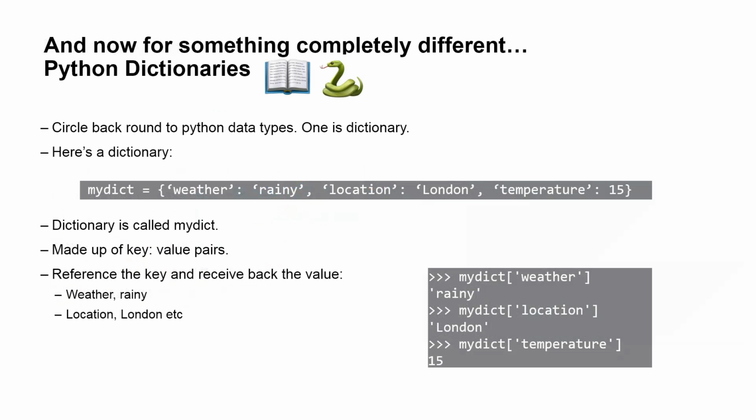Okay, key value pairs. And over in the bottom right, you've got an output from where I've called my dictionary. This is how we do it within Python. I have referenced my dictionary, and then I've called the weather key, and the response, you'll notice, is raining. So I've called the weather key, and I've got the value as the response. Now look at the next one, location. We call location on mydict, and we get London, and obviously if we call temperature we get 15. This is interesting stuff, how this is presented. This is a different way of presenting data.